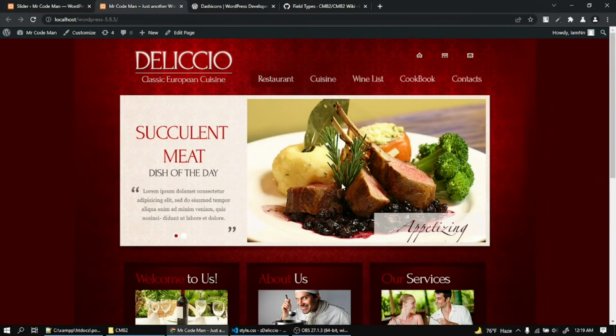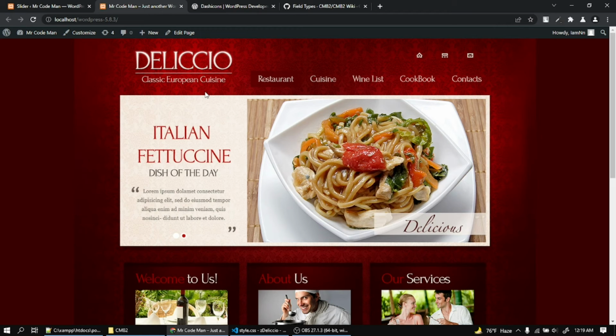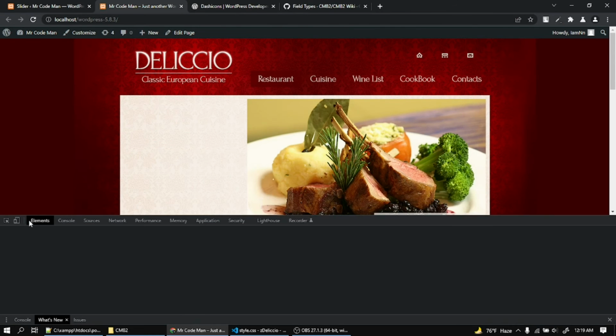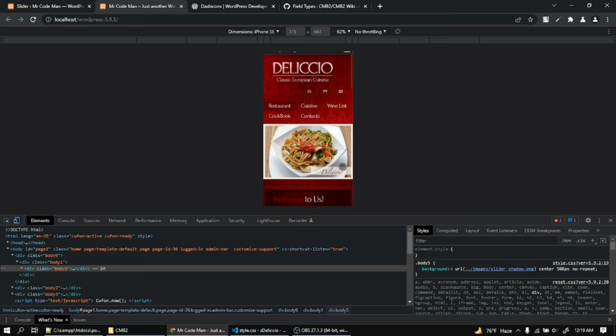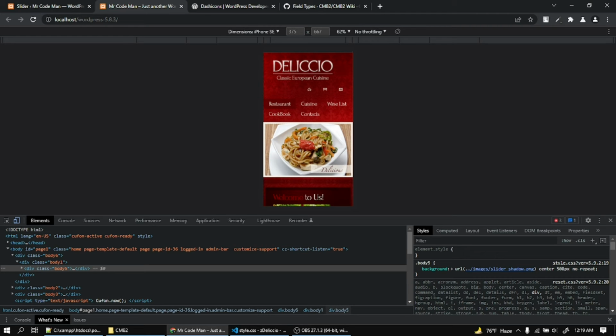Okay, before I leave, let's see whether our slider is responsive or not. Yes, responsive, but the images,